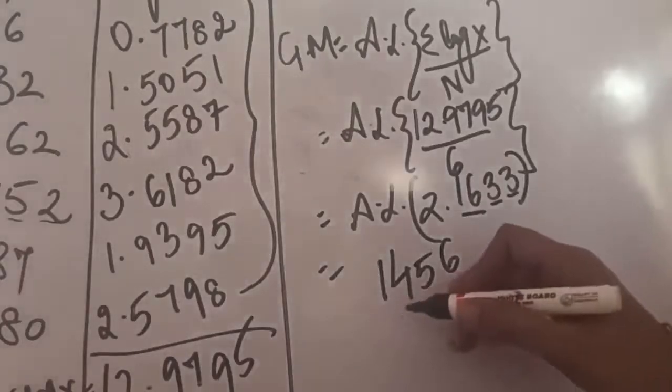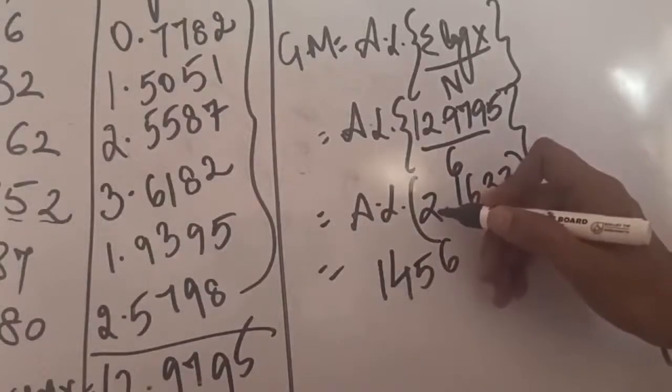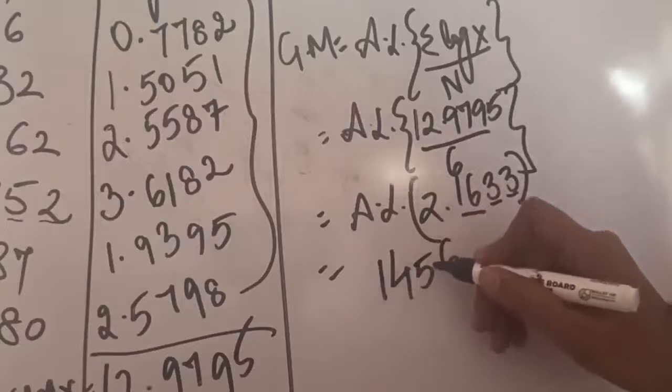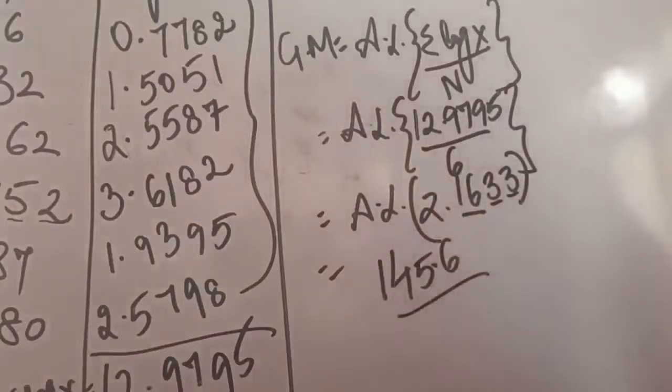So now we will put the point. Before it, 0.2 has been written, we will add 1 into it, so it will be 3. So 1, 2, 3. So the point will be put here. So this is the answer of the log geometric mean.